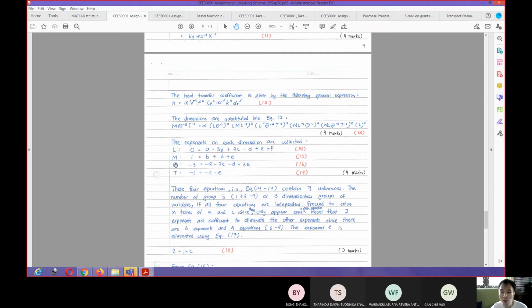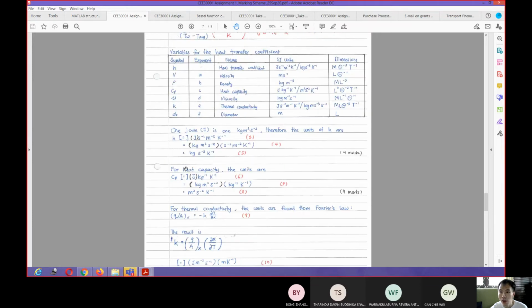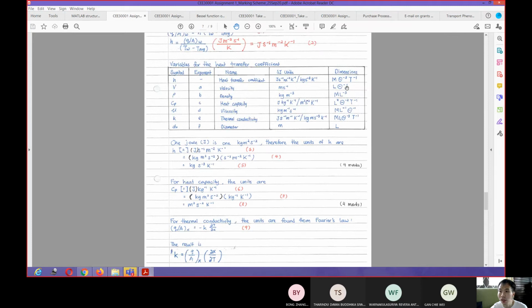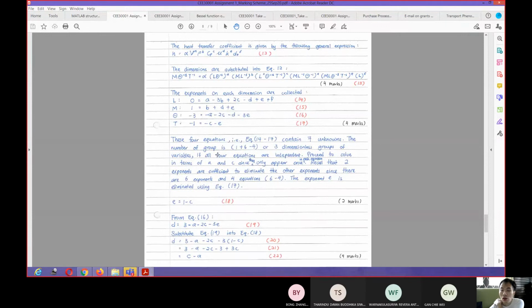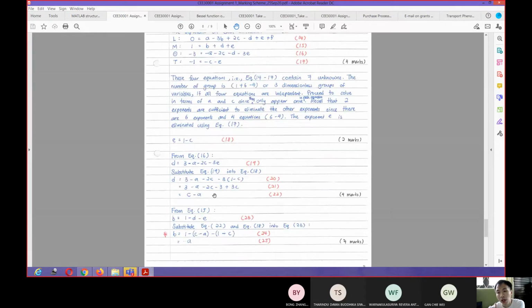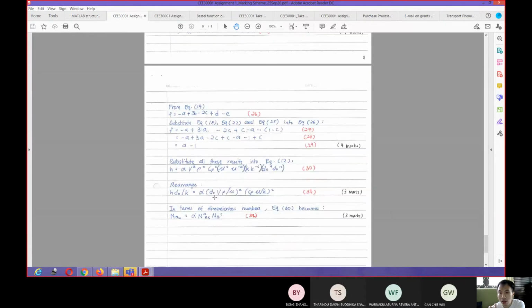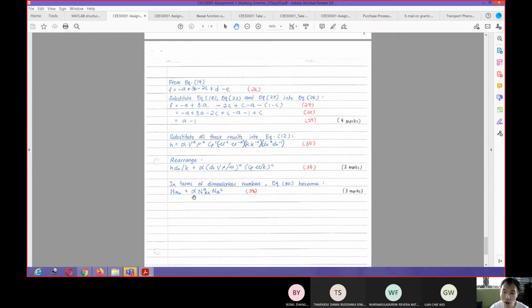So in this term, you will have length, mass, and then what is this particular variable in here? This particular variable in here is the time. And then there is a temperature as well in here. Okay. So then you can start substituting so that you can basically get connections between each other. So you are only left with A and C. The way that people did this is different for each other, but you will be able to get the final correct answer.